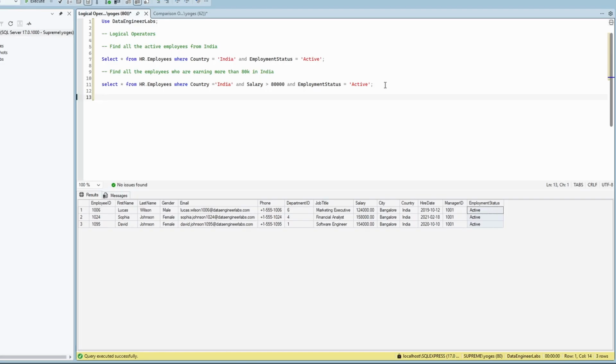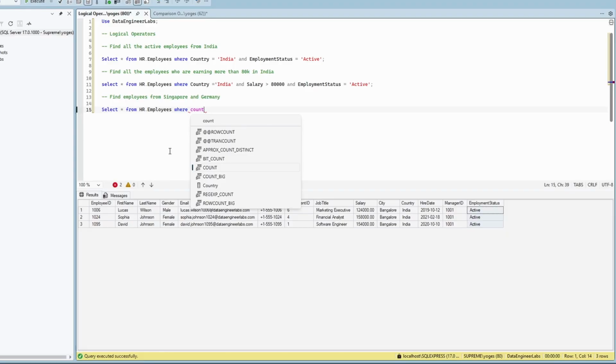And now let's move on to the next logical operator, which is our OR operator. For that, let's find all the employees from Singapore or Germany. So we want to find all the employees who are either from Singapore or from Germany. So we'll say select star from our table name HR.employees where, what do we want? Employees who are either from Singapore or from Germany. So we say country, because this is how we find the origin of the employee. Country equals, first thing, Singapore